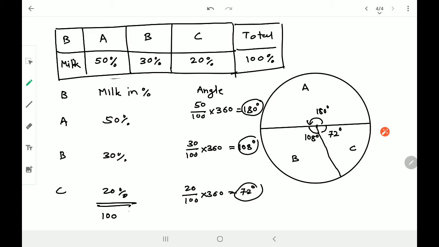Prepare this table and then complete the pie chart by drawing a circle. Okay, I know there can be difficulty in construction of angles. If you find difficulty in construction, you can use a protractor, you don't have to construct using a compass. You can use a protractor to draw the angles. So while drawing angles, if you find any difficulty, let me know. I will help you by showing you how to draw the angles as well. Okay, so you can try a few examples.